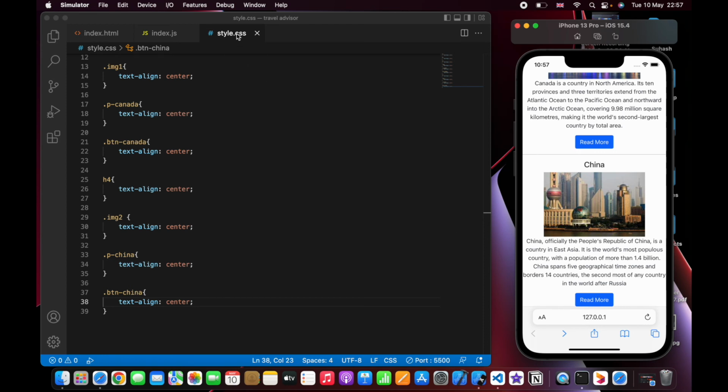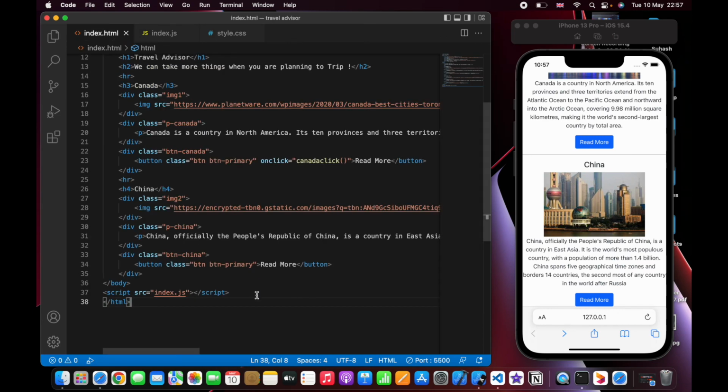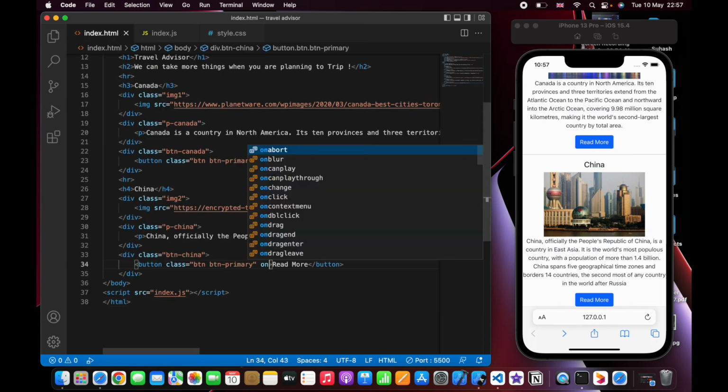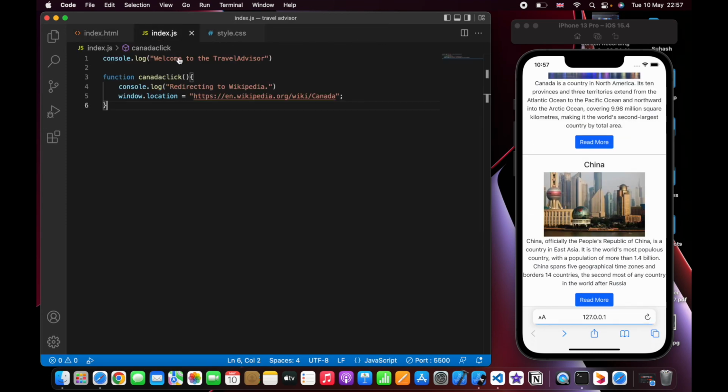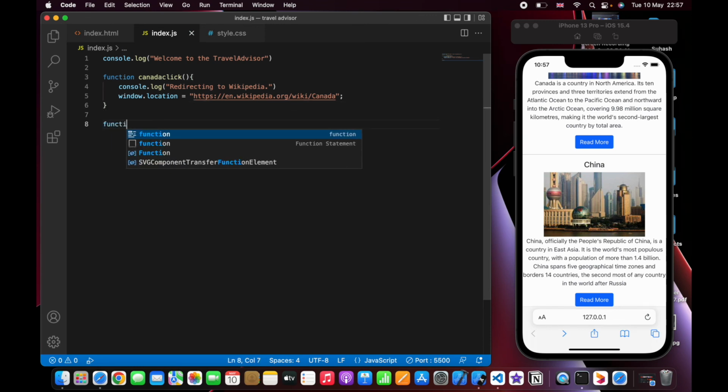So that's it. So we're gonna finish this one. So here we're gonna create one-click statement called China click. Okay, index.js, create a function China click,